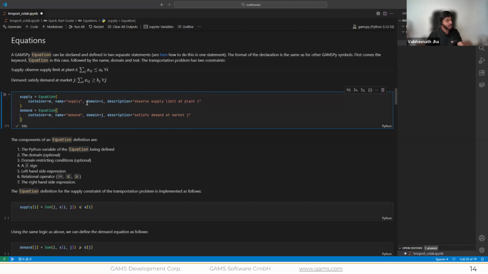And the supply constraint will be applicable on the domain I, which is the set of plants, and we give a meaningful description. Similarly, we declare the demand equation, which again lives in the container M. We give it a name and the domain J, because this time this equation would be applicable on the set of markets.